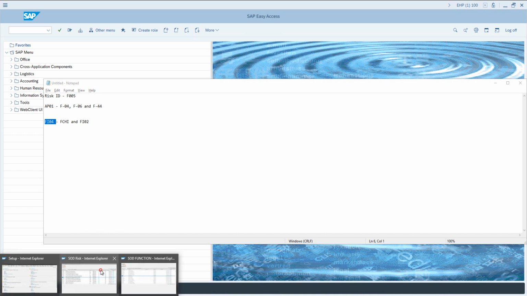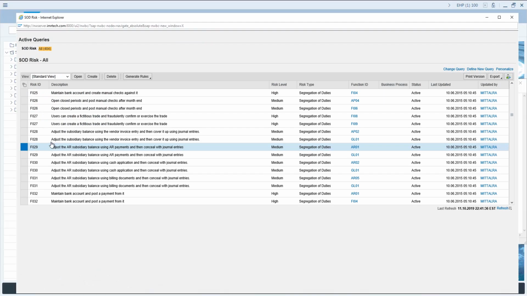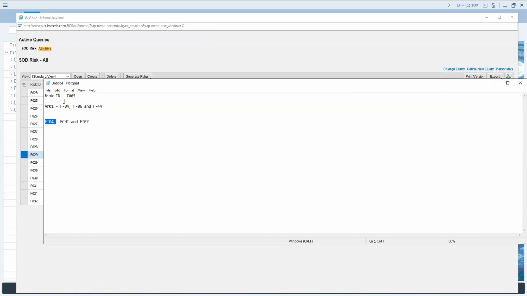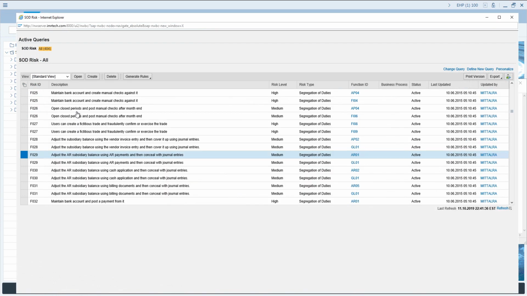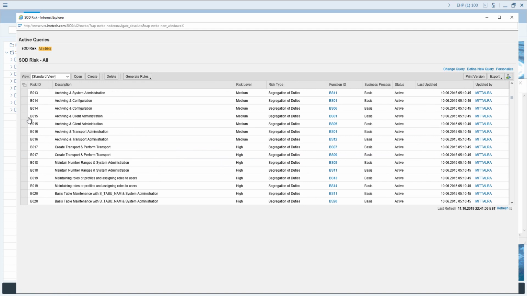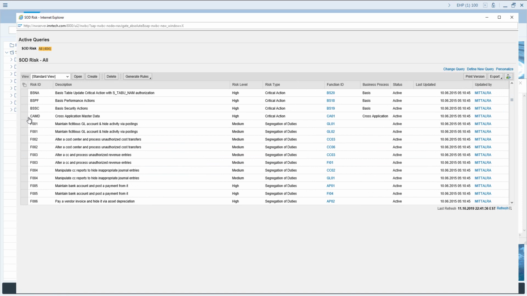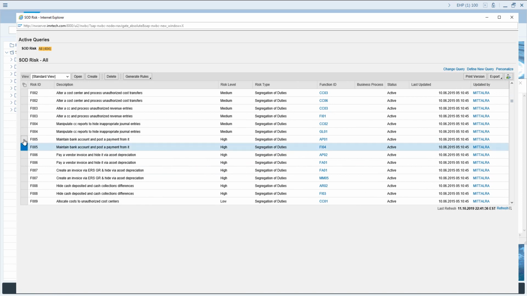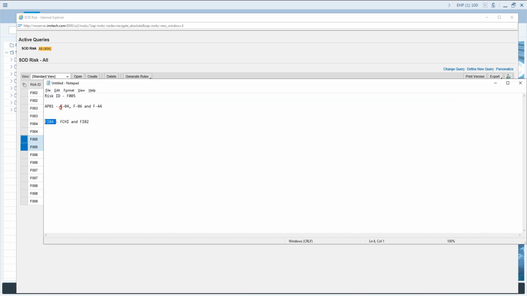If you go and look at F005 here, it comes with two conflicting functions, AP01 and FI04. AP01 has these transaction codes and FI04 has FCHI and FI02.